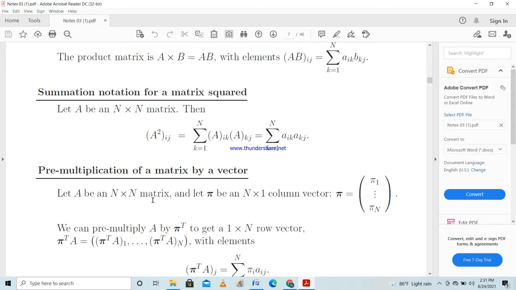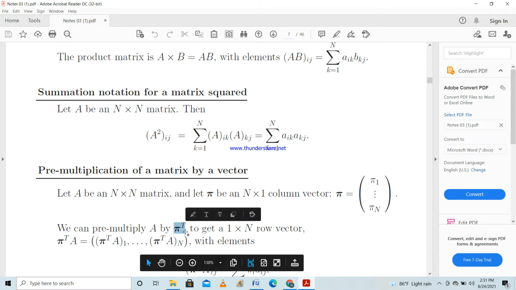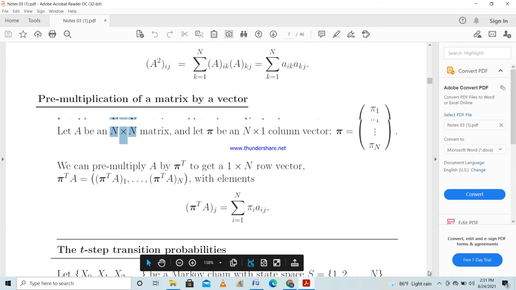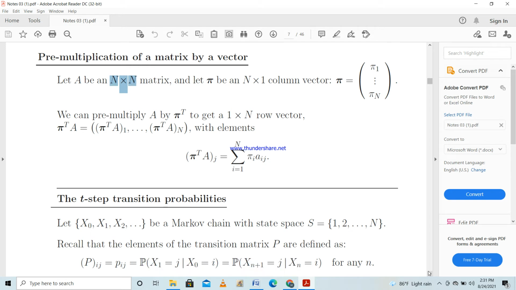So in that case, if you want to pre-multiply matrix A by this vector, then what you have to do is take the transpose, since this is n into 1, and you can't multiply n into 1 by an n into n matrix. So you take the transpose of this vector. That is, if you take phi and its transpose, phi transpose, then it will become 1 into n. So here you have 1 into n, here the matrix is n into n, then you will end up with 1 into n, again a vector. So that can be done.